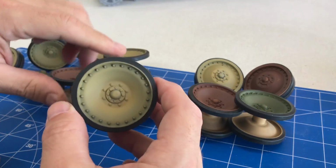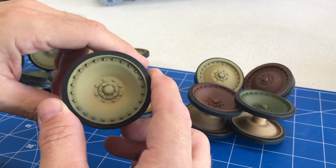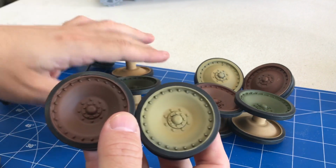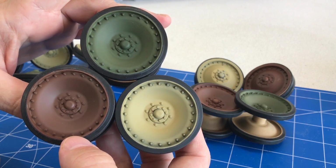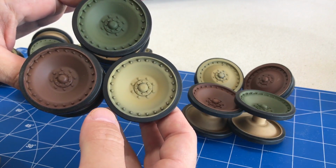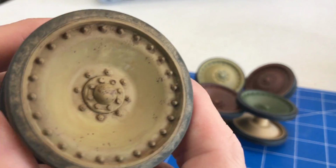Okay, I've got all of the road wheels painted, and I've taken all of the rubber and snapped it into place on all of the road wheels. You'll also have noticed that I've painted them in 3 different colors. I've seen some of the ones that have the entire road wheel painted in the German tricolor, so I've gone ahead and done that. Now that we have them all painted, we're going to weather them up. And I've done a couple of prototypes here